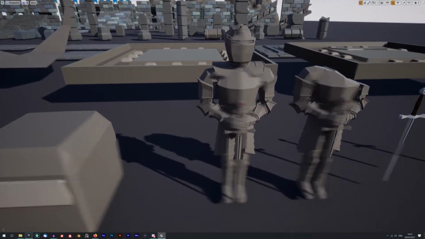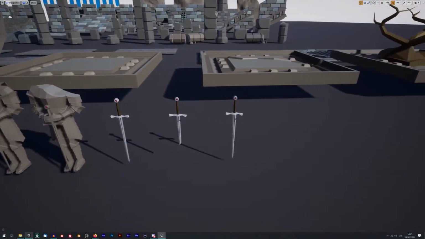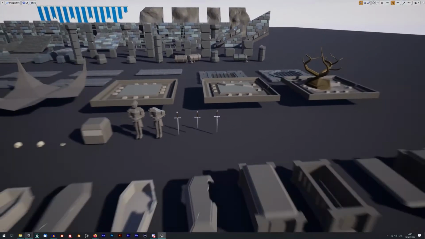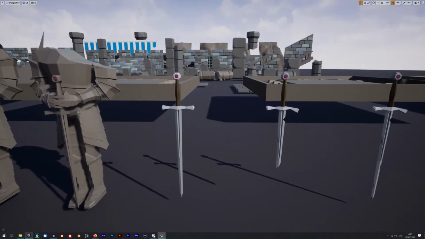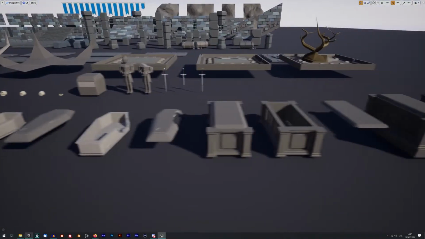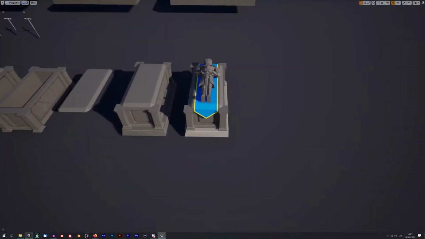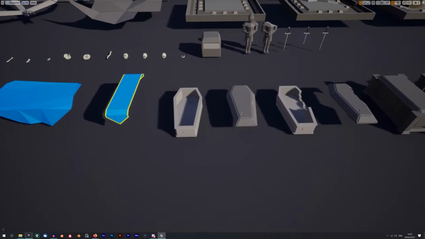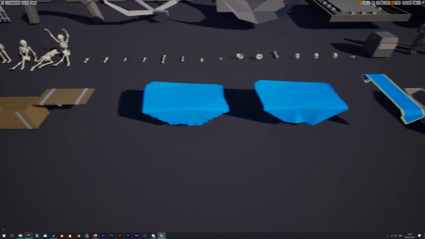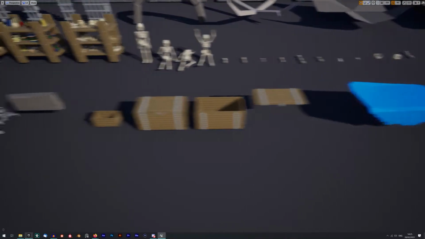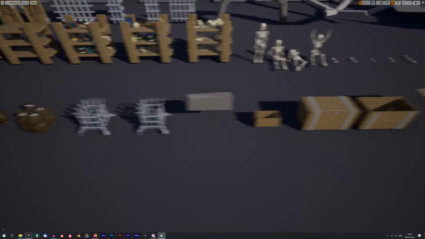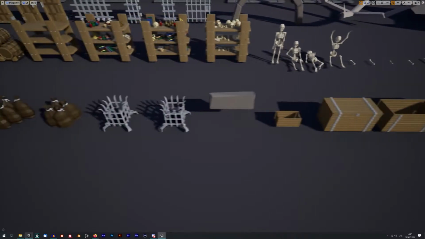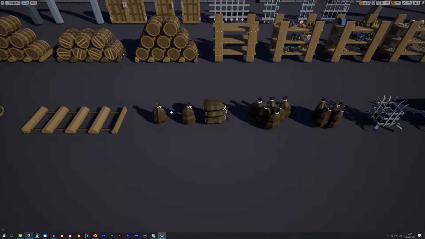We got one statue and some decorative swords, which you can use, by the way, on your characters if you want. And some coffins, all of which are interactable, and I will go over this as we take a look at the blueprints. So we got some chests and crates, a brazier, some sacks,